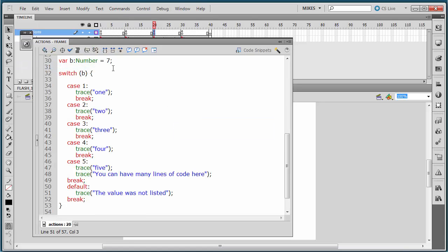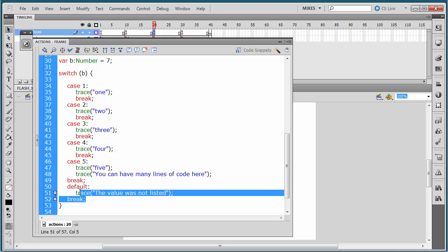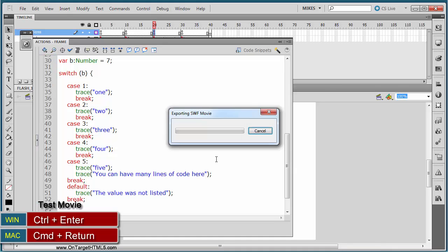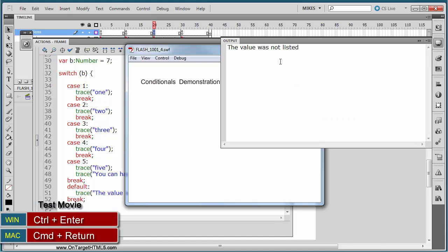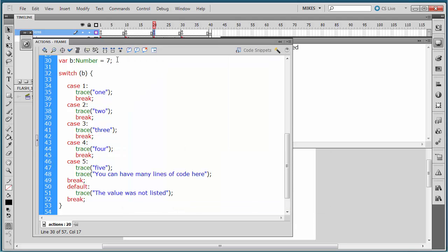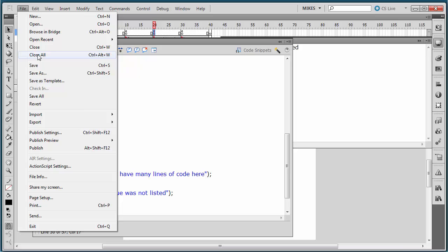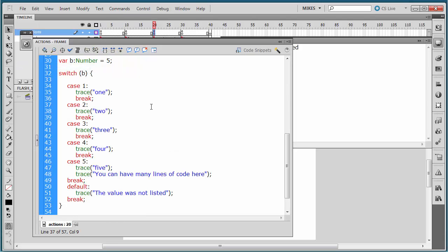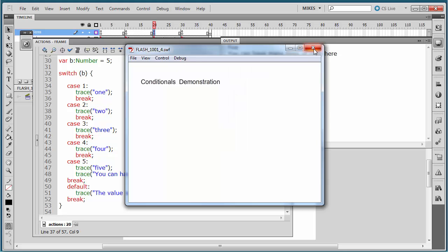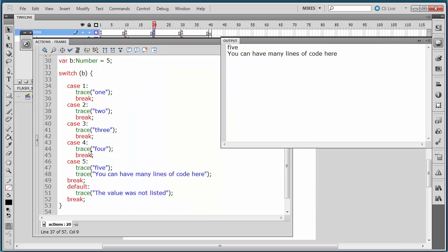So now I'm looking at number 7, and does number 7 equal 1, 2? So it doesn't equal any of those, so it's actually going to go to this default value. So let's go ahead and test that movie. Control Enter on the PC, Command Return on the Mac, and you'll see the value is not listed. If I were to make the value, for instance, 5, save that change, Control Enter on Windows, Command Return on the Mac to test,